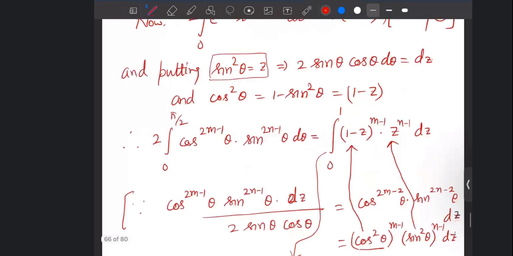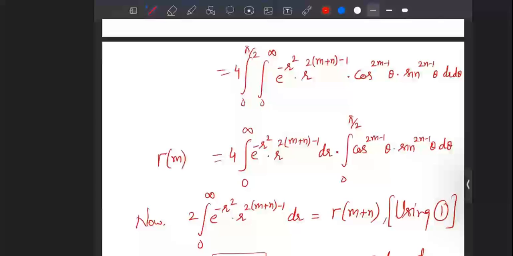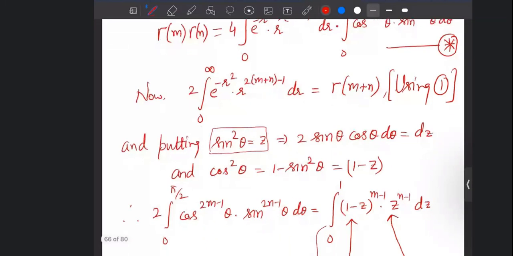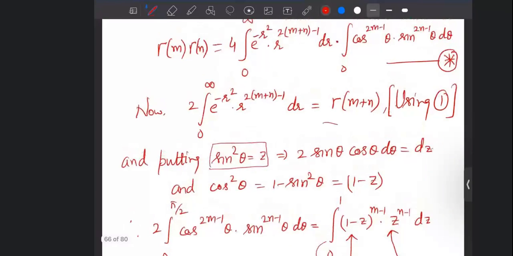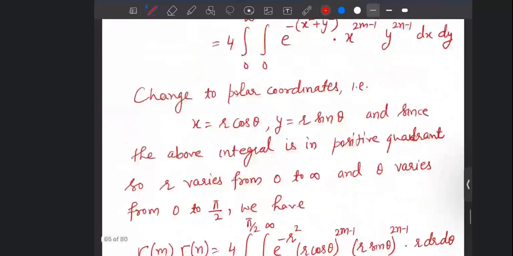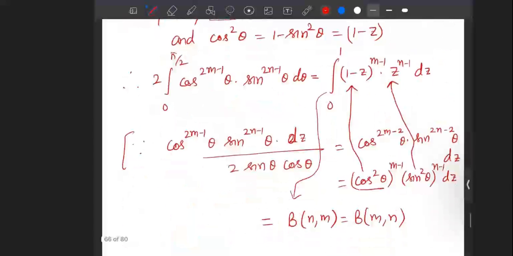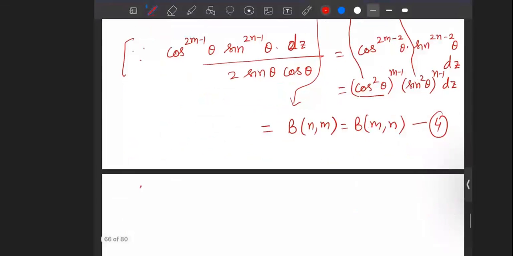So from the equation, substitute all the values in this one. It is gamma of m into gamma of n. So I mark this equation as a star. Therefore, substituting all these values, we consider equation number 1 and 2 only. So we consider this equation as 3 and this one as 4. So using 3 and 4 in star,